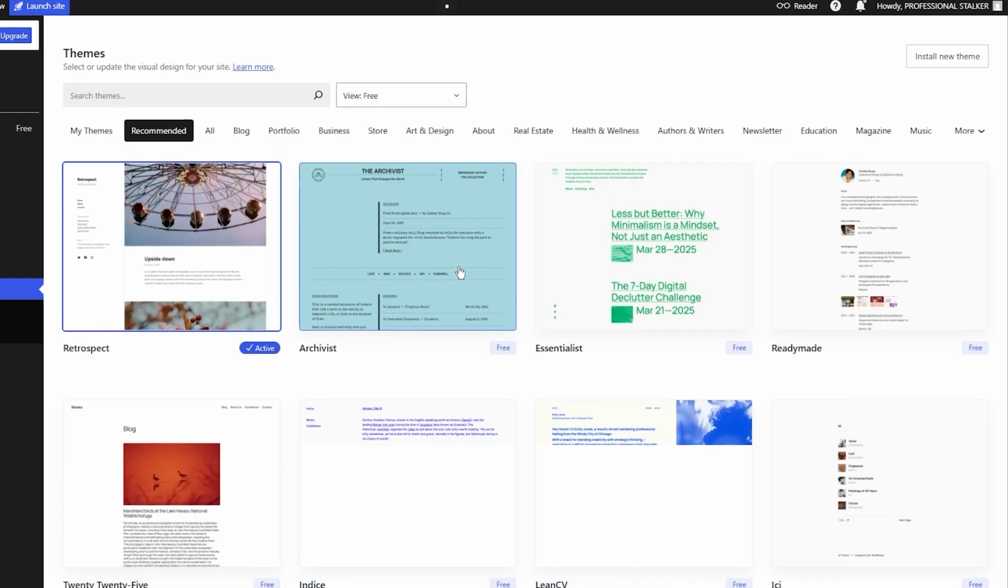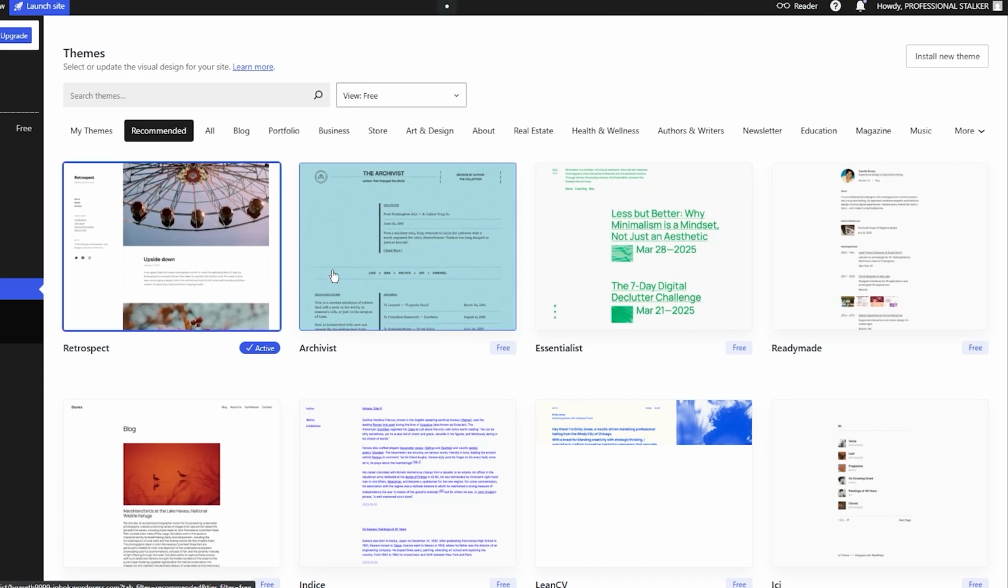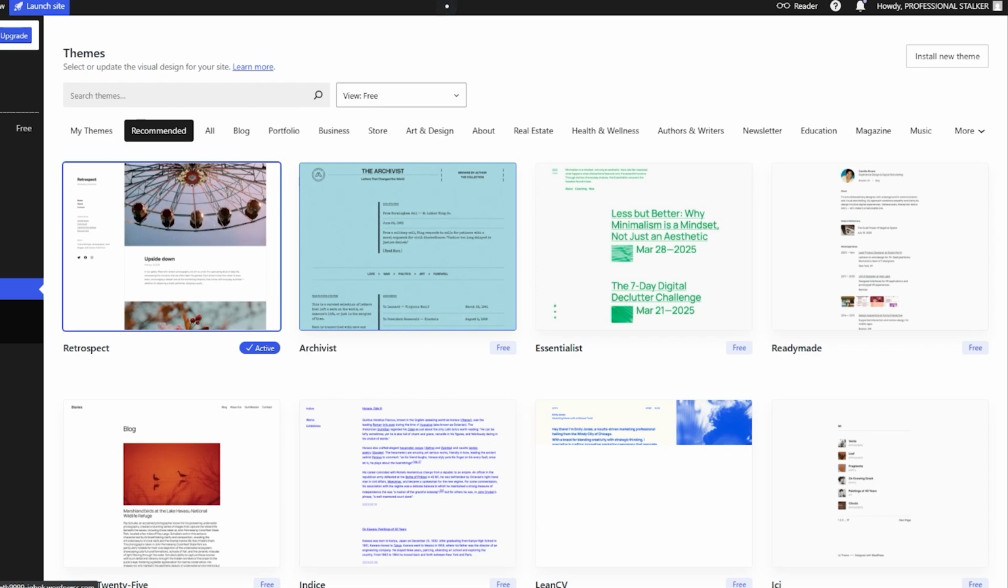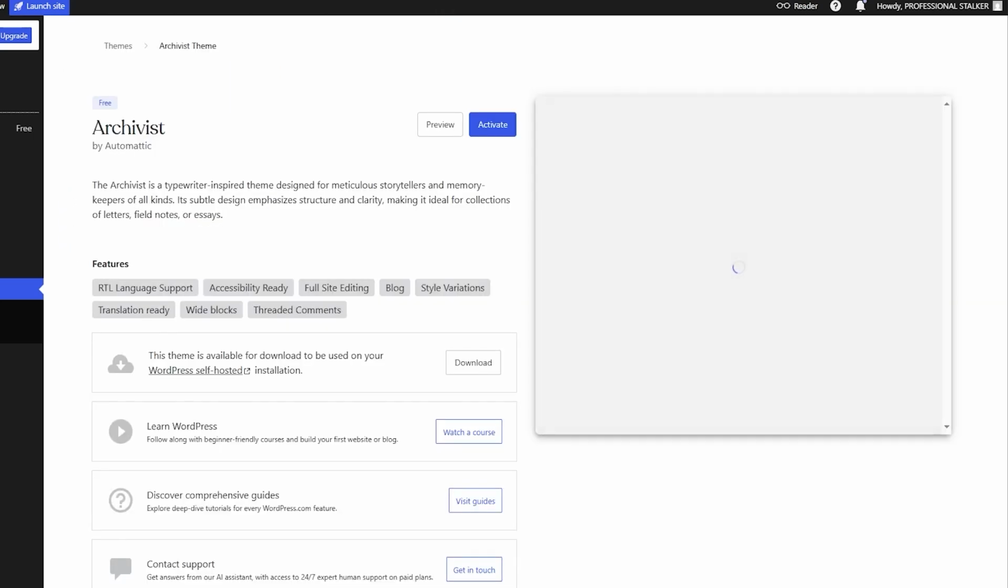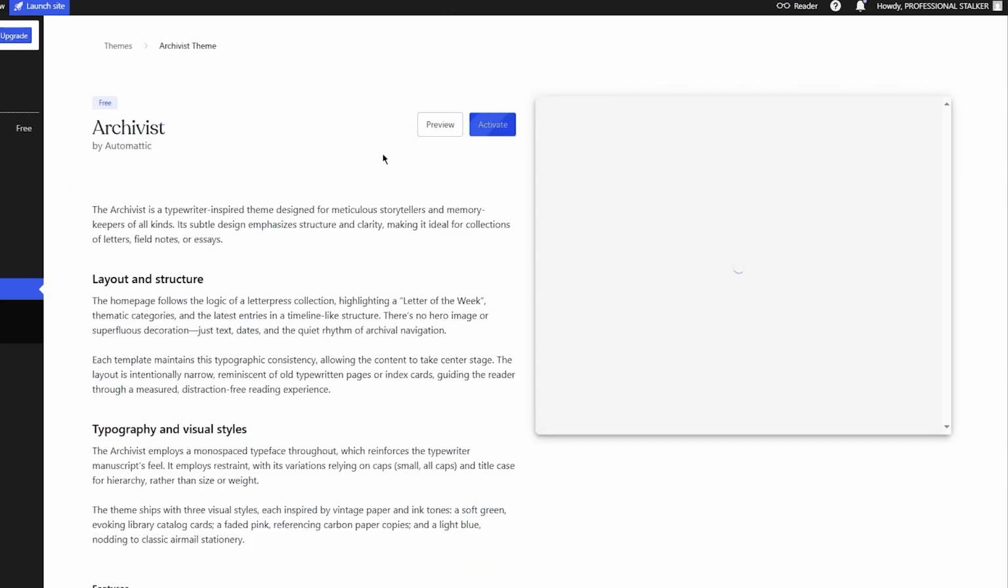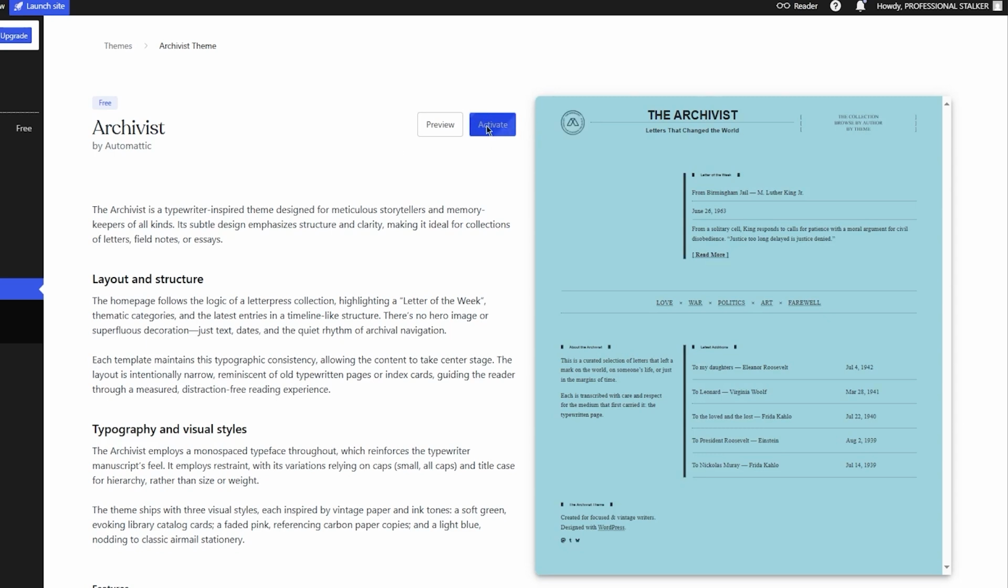So once you have chosen your theme, what you're basically going to do from there on out is start editing it. So now we have the site type. What you can do is you can start editing it pretty straight away. Go ahead and click on activate, and you are good to go. So now once everything is done,